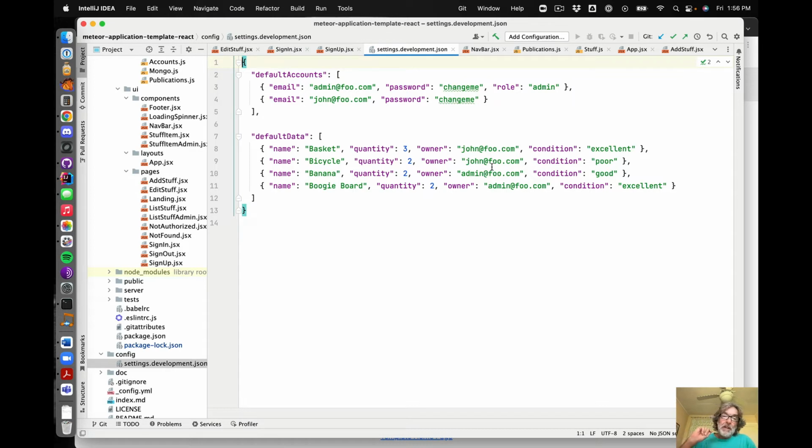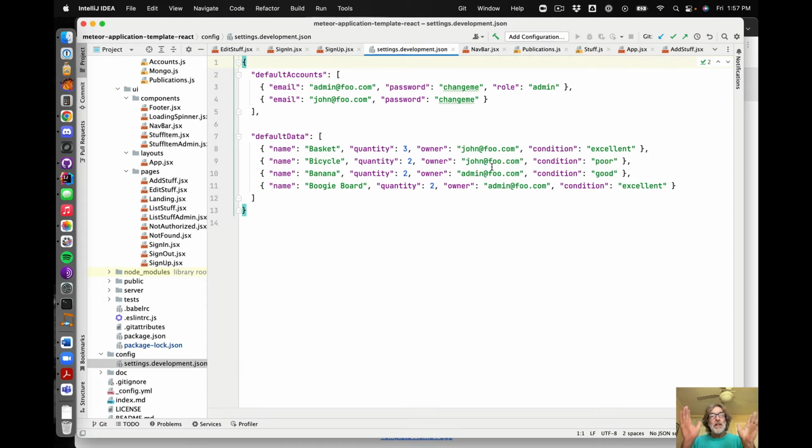But when we take the software and we release it to production, we flip a little switch in our config thing, and all of a sudden we're not using that mechanism anymore. We're using the University of Hawaii authentication, and whole different things apply. So a single system can actually be built to use different authentication mechanisms depending upon whether you're in development mode or production mode. Okay, that's pretty good. That's a lot about authentication, maybe more than you wanted to know,